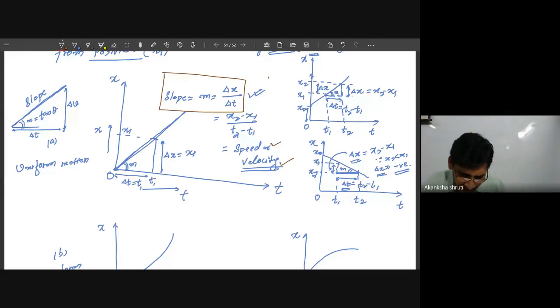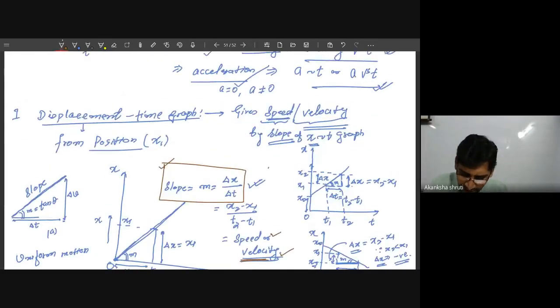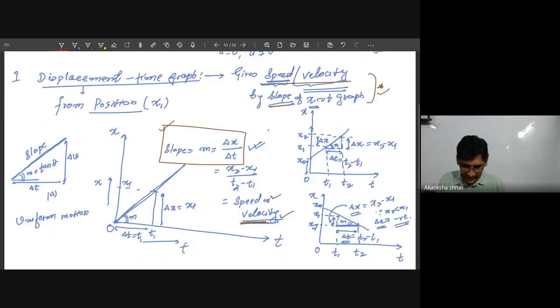So this way, considering this slope, we are getting the rate of change of displacement. So it ultimately gives what? The velocity. So this is the significance of the displacement time or position time graph, that the slope of the position time or displacement time graph gives the velocity. So this way, this speed or velocity is calculated by taking the slope. So this was the important observation or the key point. How to calculate that, we have already learned.